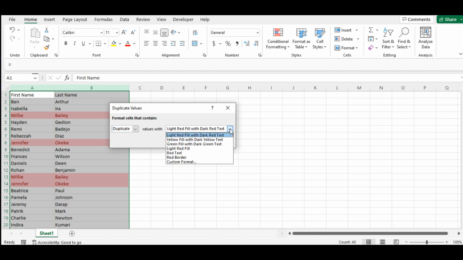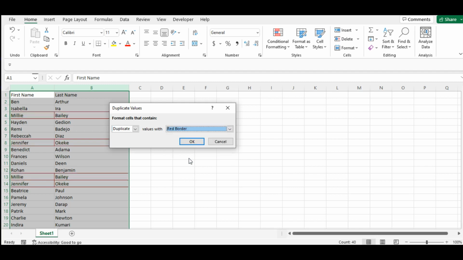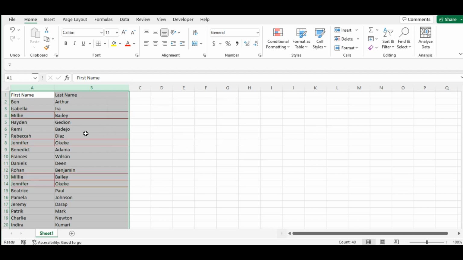If you want to change the duplicate values from red color to green, just click on this and you can change it to green, you see. And if you want to make a red border, so, and here we have